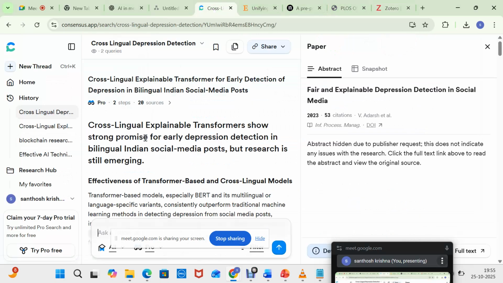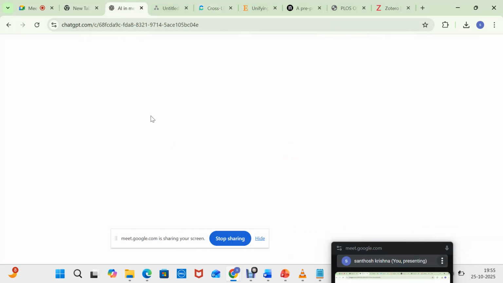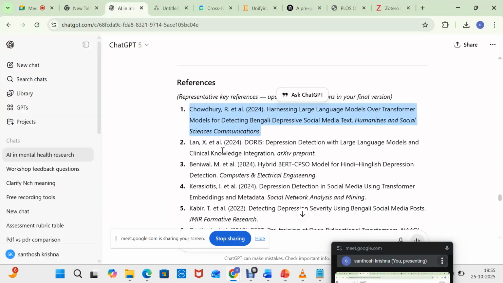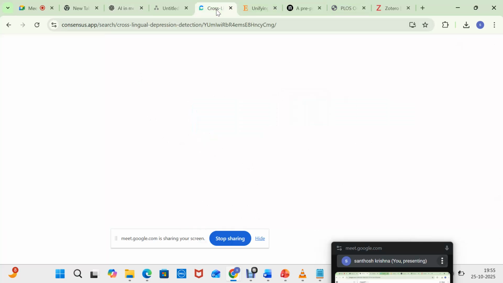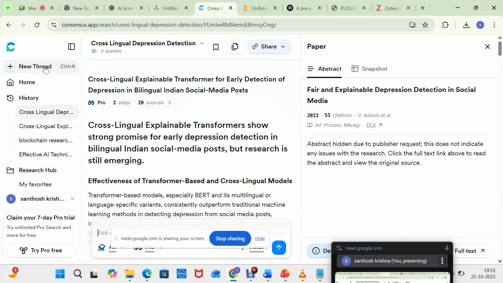Can you check? You go to that ChatGPT, sir, please. Copy that one. I understood. See, reference one, one paper I am copying here. Okay, I am putting it in your Consensus.